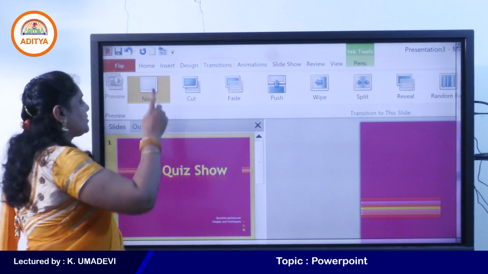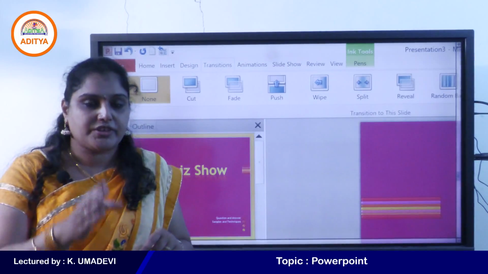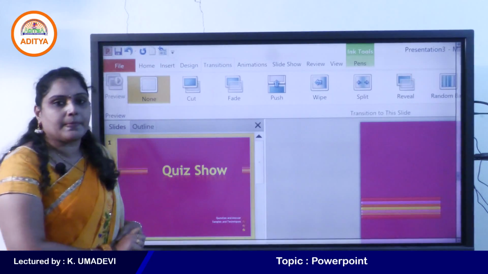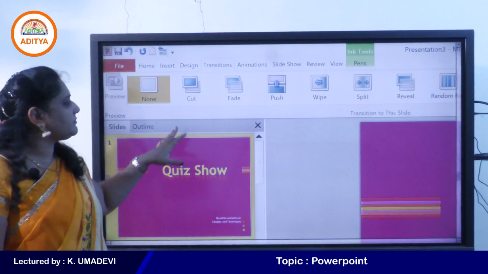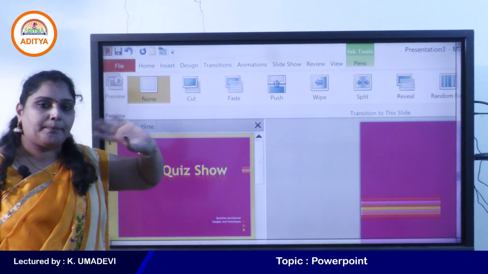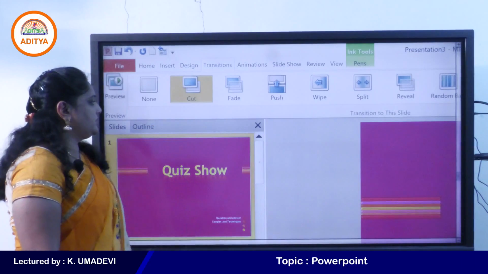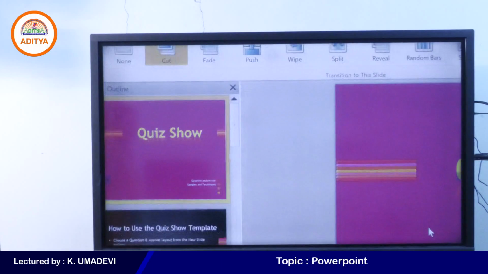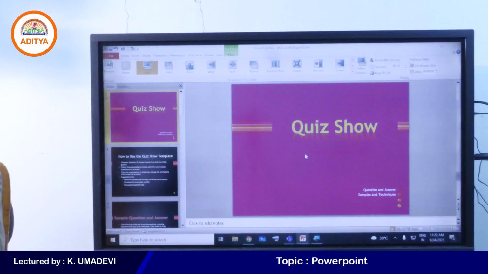So first go to the transitions tab. If you want to apply transition effects to the slides, first go to the transitions tab. The first one is none. If you want to remove the applied transition, simply click on none. What is the next one? Cut. So just observe the slide pane also. I will zoom in on the screen. Clear?